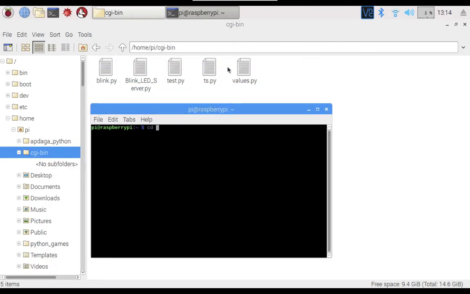First of all go to the home directory with cd ~. Right now we are at the home directory, and type this command, python -m CGIHTTPServer, using tab to complete the name. This is the complete command, and hit enter. Once you hit enter, you can see it says serving HTTP on 0.0.0.0 port 8000. So port 8000 is assigned; generally only 8000 is assigned all the time. Now our CGI server is on.